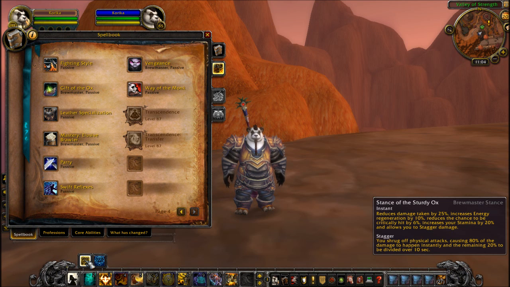Stagger damage. This is interesting. You shrug off physical attacks, causing 80% of the damage to happen instantly and the remaining 20% to be divided over 10 seconds. This is pretty interesting. I am a huge fan of this, and part of me thinks that it gives tank monks just a huge mitigation advantage, because the biggest problem of any encounter, especially when they redesigned for Cataclysm, was the damage spikes you were taking,